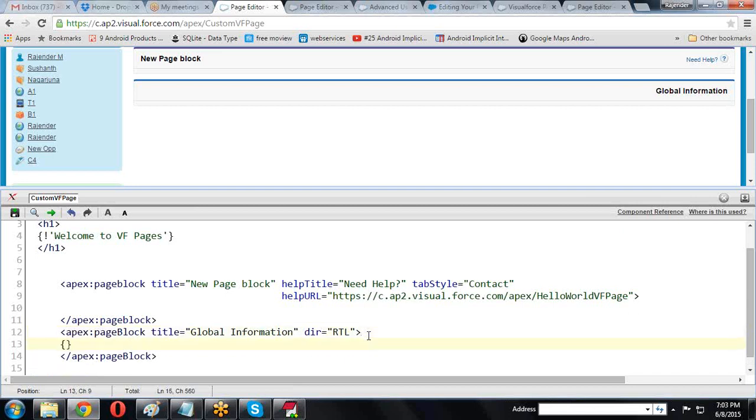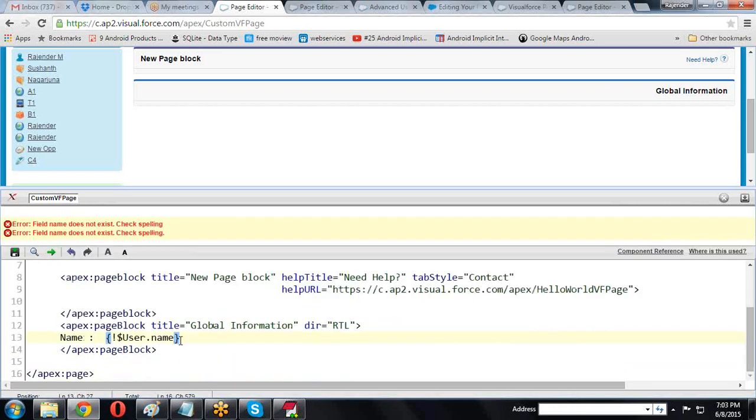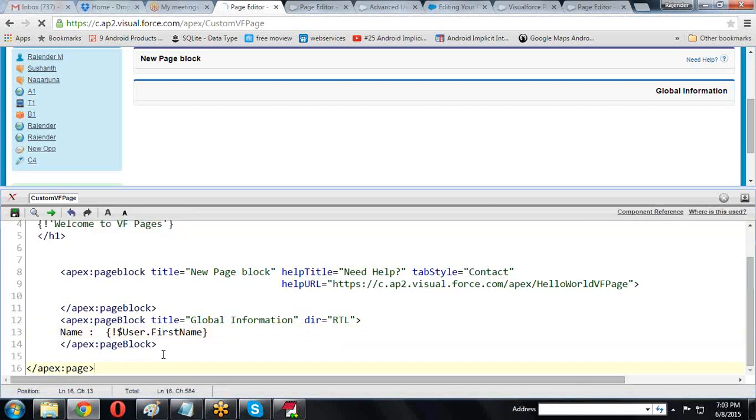One function I'm writing: dollar user dot name, that is user dot last name or user dot first name. I'm providing user dot first name. The name is like this, it is displaying the name. So right to left only it is creating.